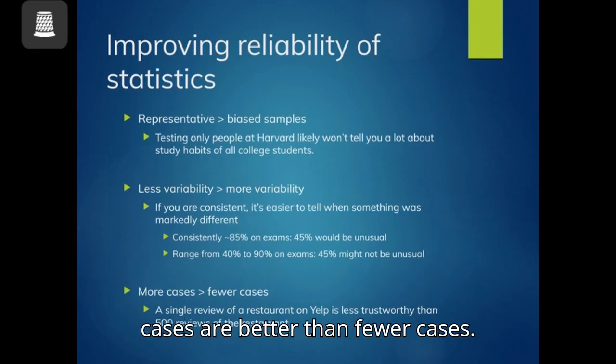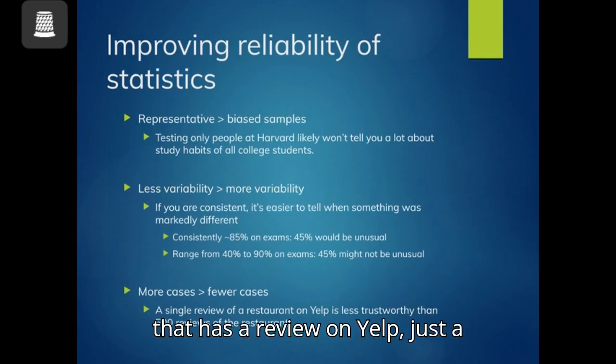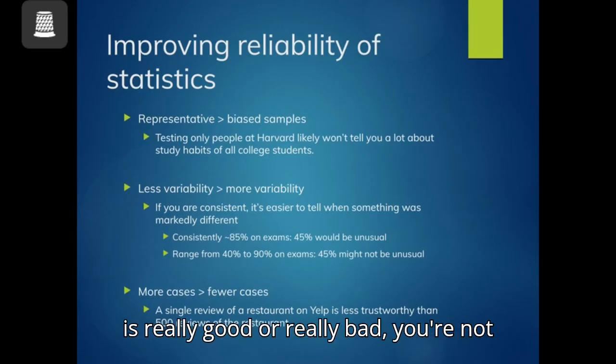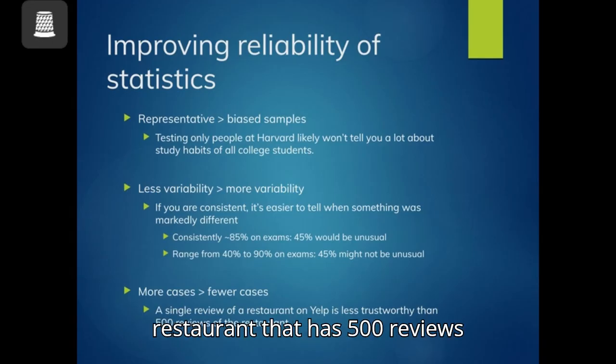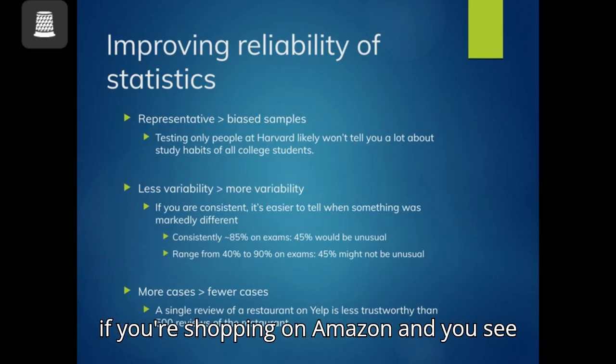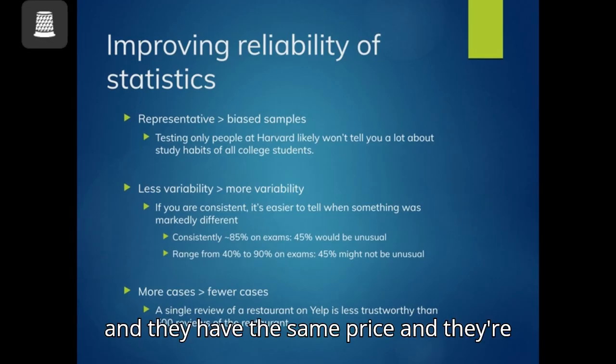And finally, more cases are better than fewer cases. If you see a restaurant that has just a single review on Yelp, whether that review is really good or really bad, you're not going to trust it as much as a restaurant that has 500 reviews on Yelp. So if you're shopping on Amazon and you see two products that are pretty similar